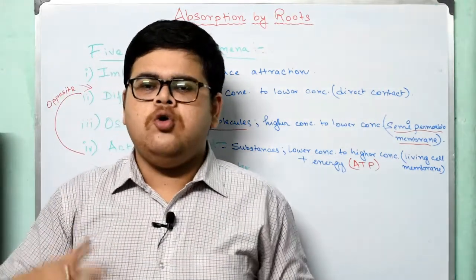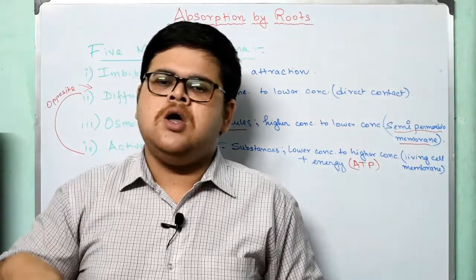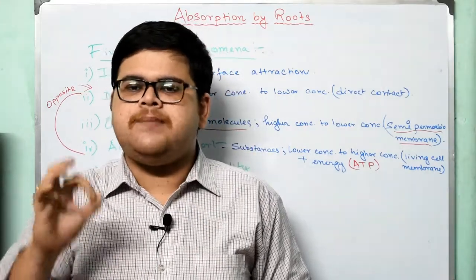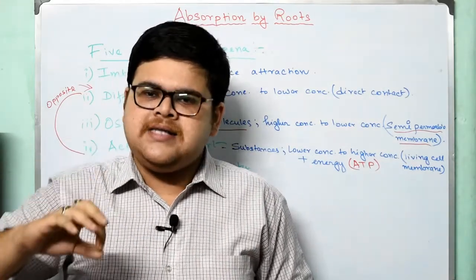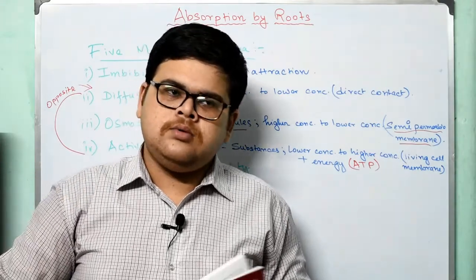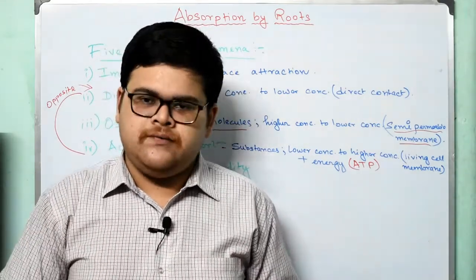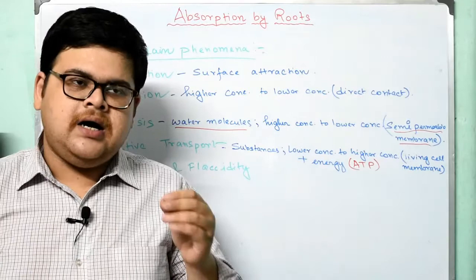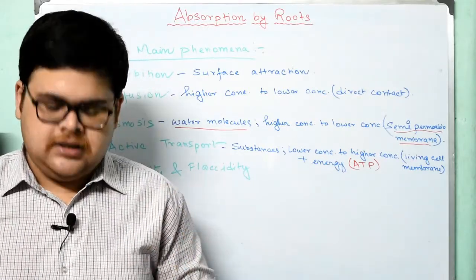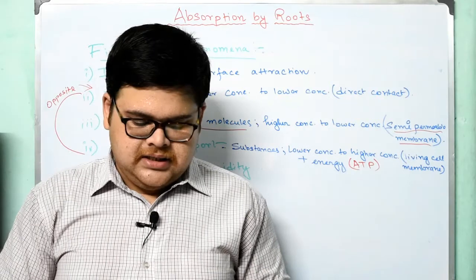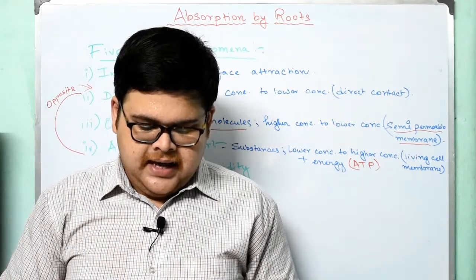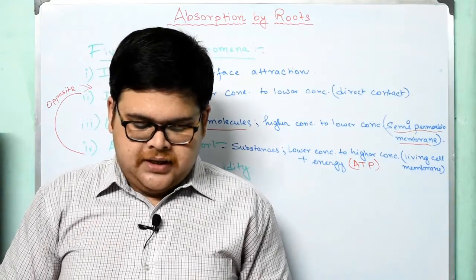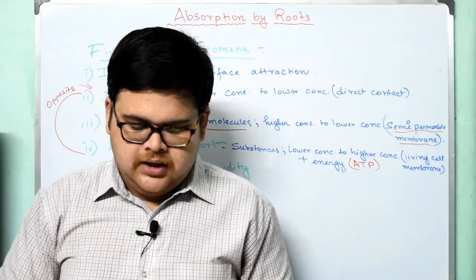So when no more movement of water molecules from outside to inside happens, that is known as turgidity. Turgidity is the extent where a cell can no more take in water from the outside. That particular cell is called turgid and this phenomenon is known as turgidity. When a cell is turgid, its wall is stretched under pressure from inside and in turn it pushes the cell content towards the center of the cell. The pressure of the cell content on the cell wall is called the turgor pressure.